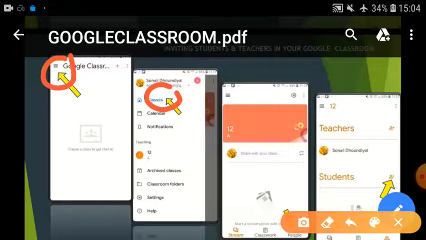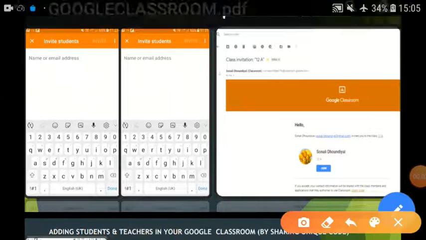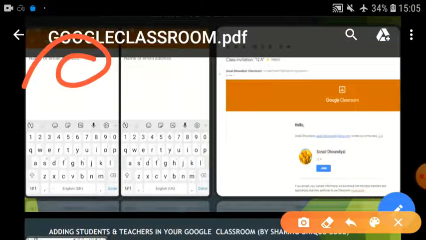Then people here, and then add students. This screen will appear. Here you can write the Gmail address of students whom you want to invite. The students will get an invitation email. They can join the class by clicking the join button.